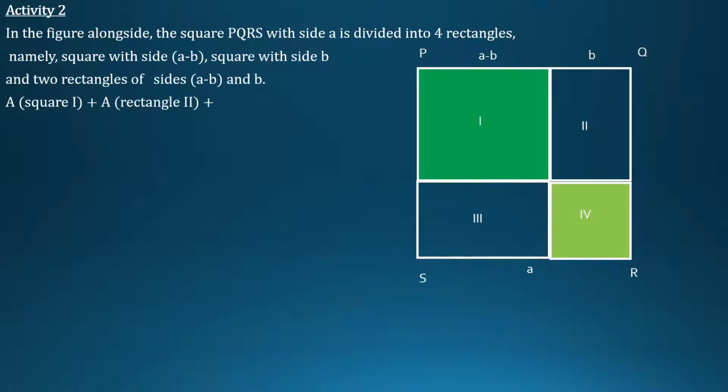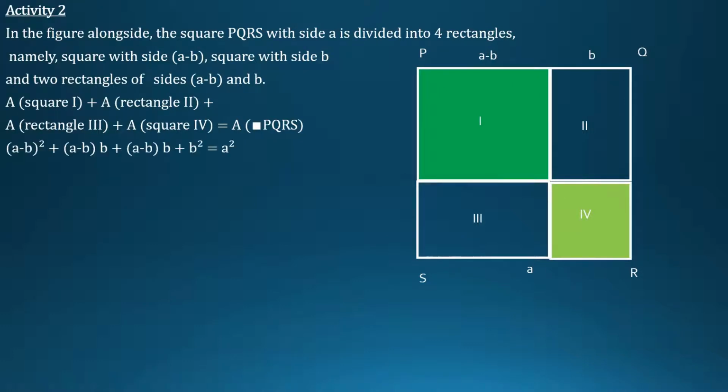Area of square 1 plus area of rectangle 2 plus area of rectangle 3 plus area of square 4 is equal to area of square PQRS. So area of square 1, the first square, has side A minus B. So the area of this square will be (A minus B) the whole square, plus